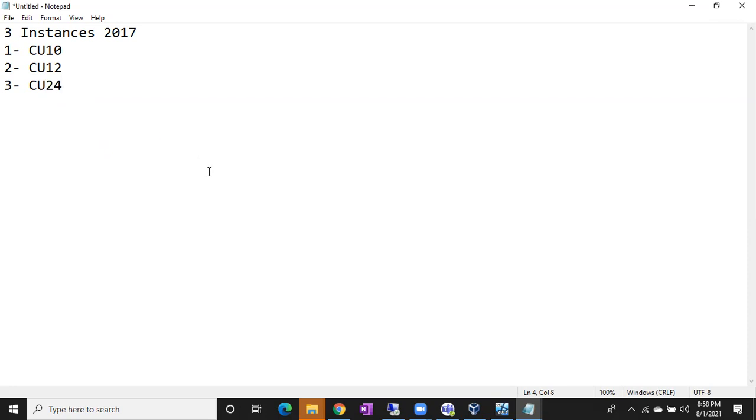what can you do from your side? Can you patch all the 3 instances at a time, or else one instance is already patched with CU25? Imagine I am patching SQL server with CU25, right? So I have 3 instances. One instance is patched with CU10, another instance is patched with CU12, and the third instance is already patched with CU25. Now how many instances can you patch? How many are the eligible instances to patch now?